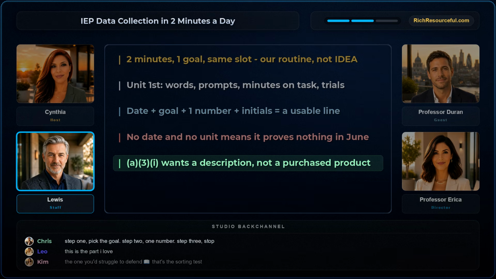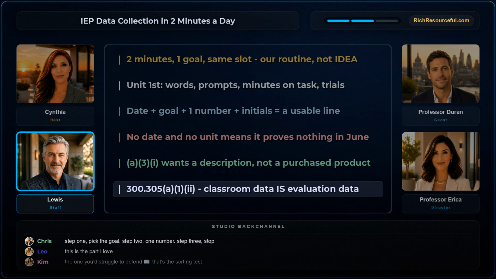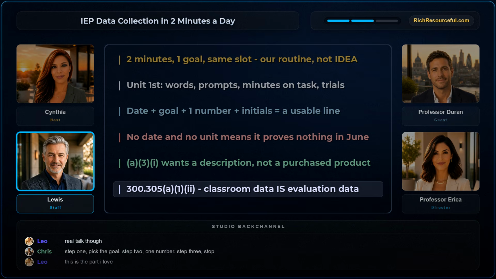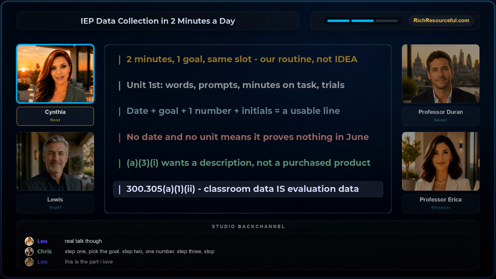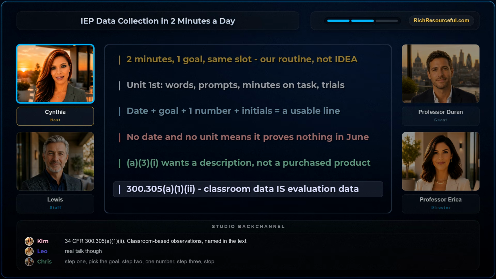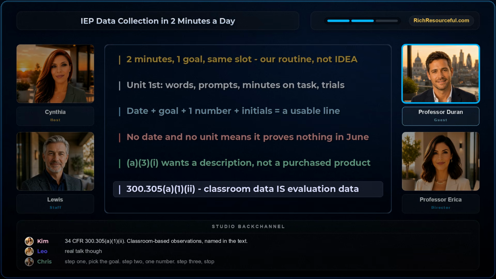This next part is the one people rewind, so take it slowly. Here it is, 305, paragraph A1, roughly the second fumbracraft. Second, exactly: current classroom-based, local or state assessments, and classroom-based observations. There it is, the line I promised you up top. Your scribbled notes are named in the reevaluation rules. Named as existing evaluation data the team reviews at an evaluation or re-evaluation, not as a nice extra somebody might